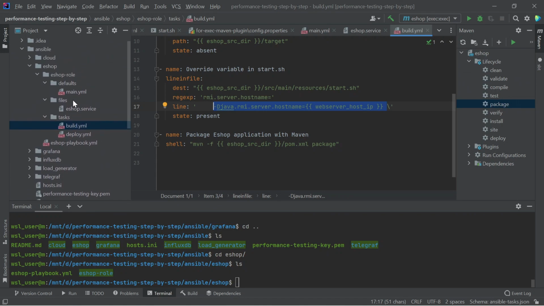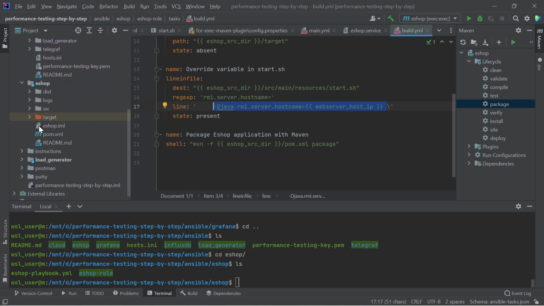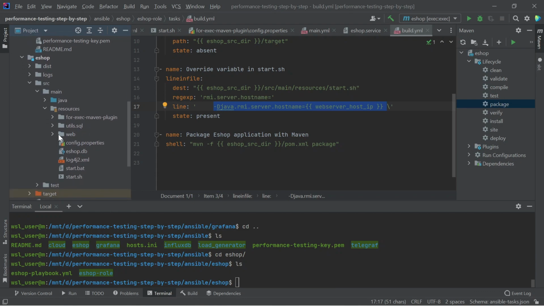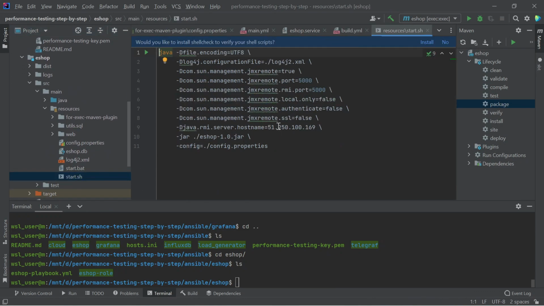Let's open the startup file and take a closer look at the JMix settings. The file lists the various parameters with which the online store will be launched, and the JMix settings will allow access to them.